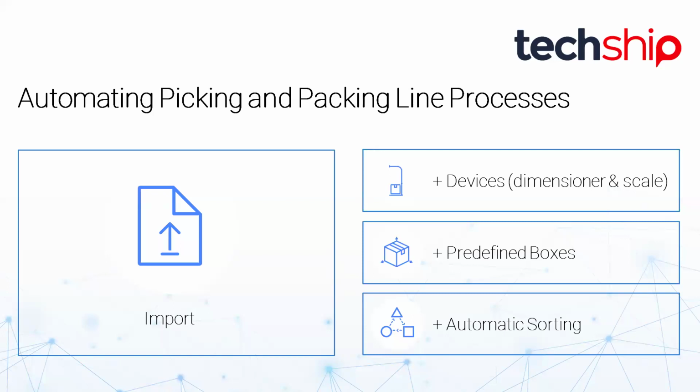But the thing is that sometimes you just don't have that information. You don't have SKU information at the WMS properly set up. You don't have carton information properly set up at the WMS. And you don't know in advance what you're going to use and how. So if within your manual operations, you are at the packing line assigning weight and dimensions manually, okay, the best solution there, besides of course again getting all this information from the WMS, is to use special devices